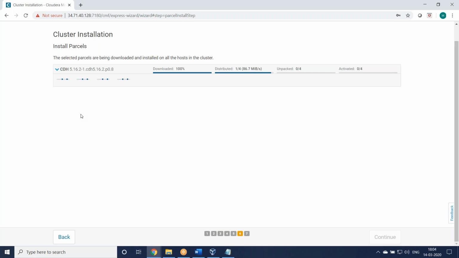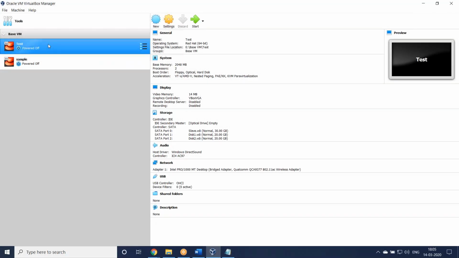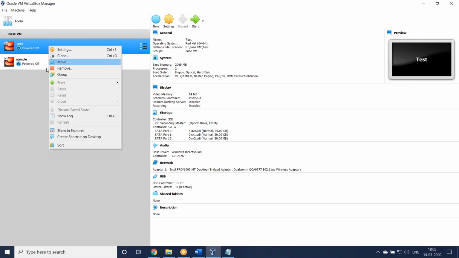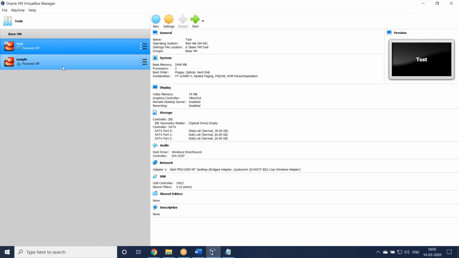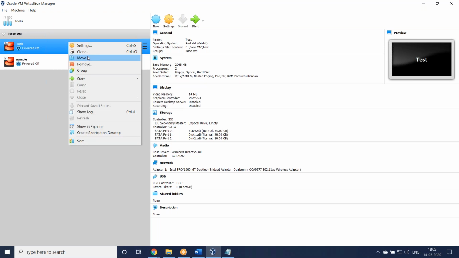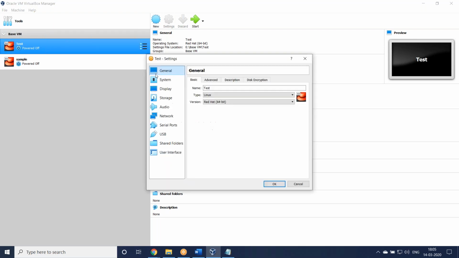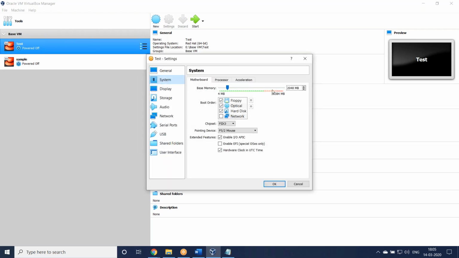You see, it is distributing one by one server. The same document you can use to install here also. You can clone 4 machines: CM Cloudera Manager and DN1, DN2, DN3. You can take 4 nodes, but here, where we installed for us, we had given only 2 GB memory, but 2 GB is not at all enough.